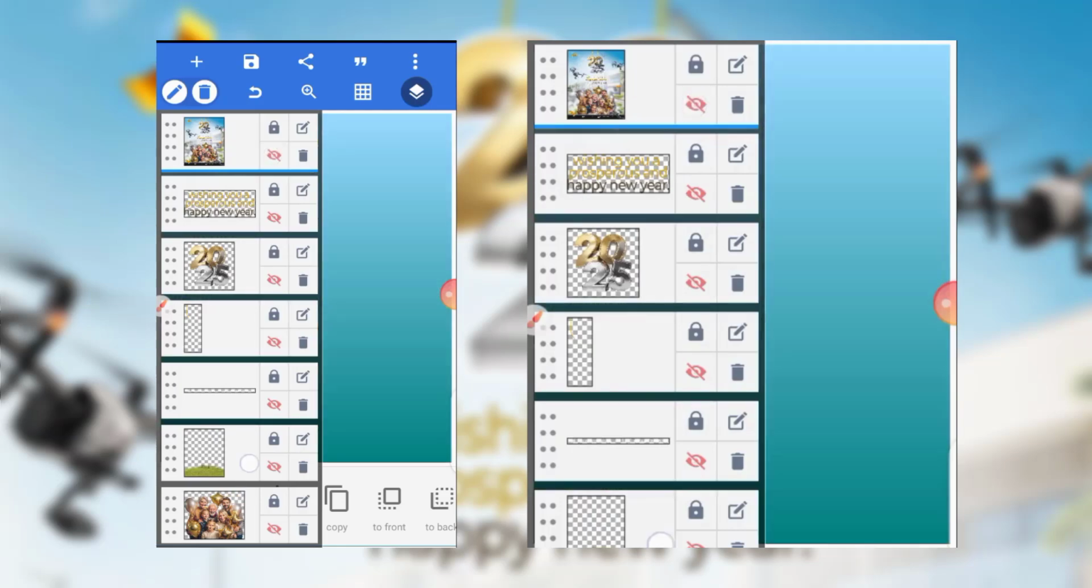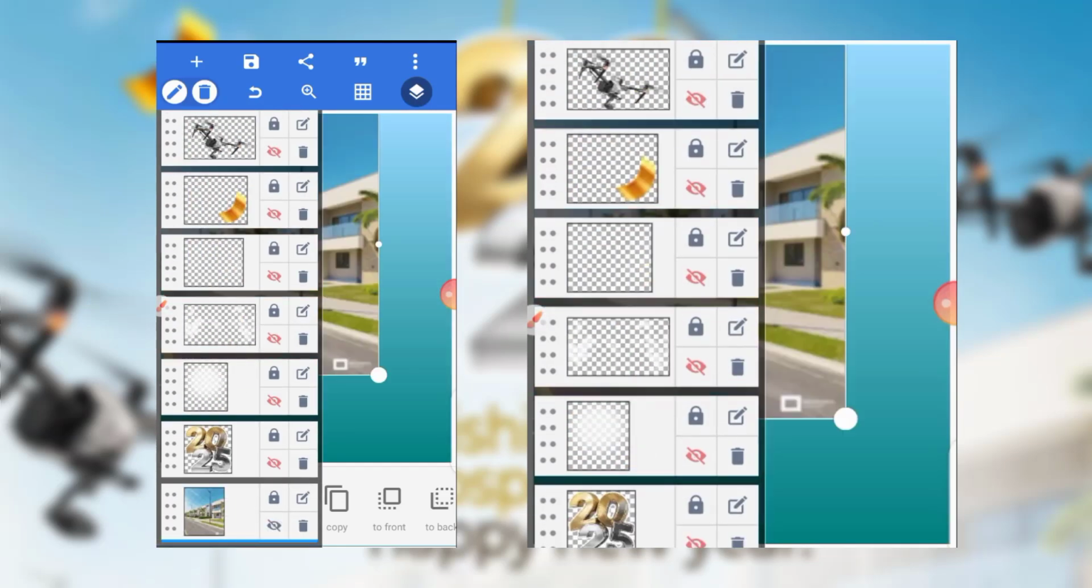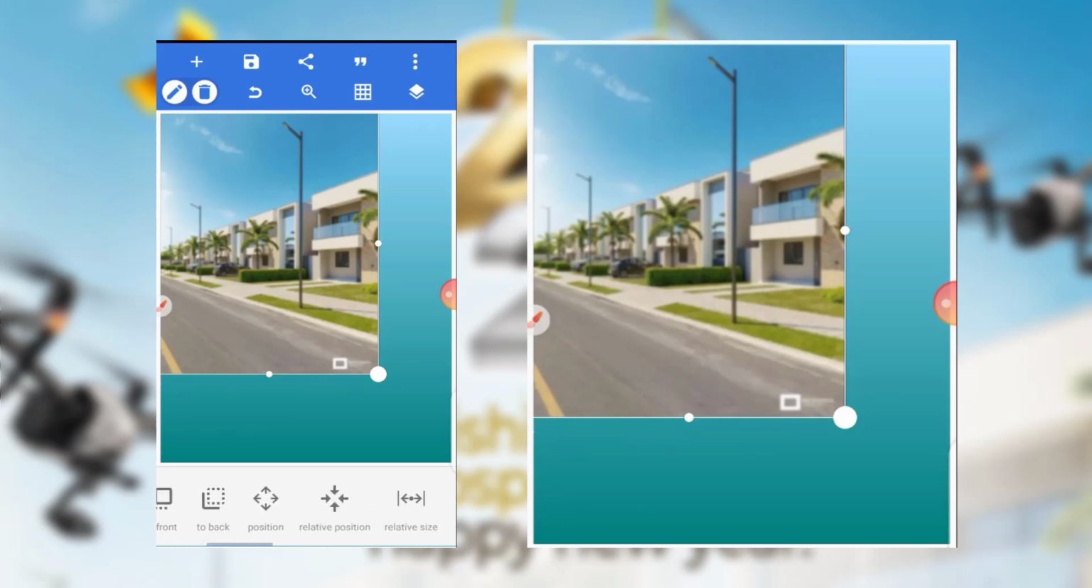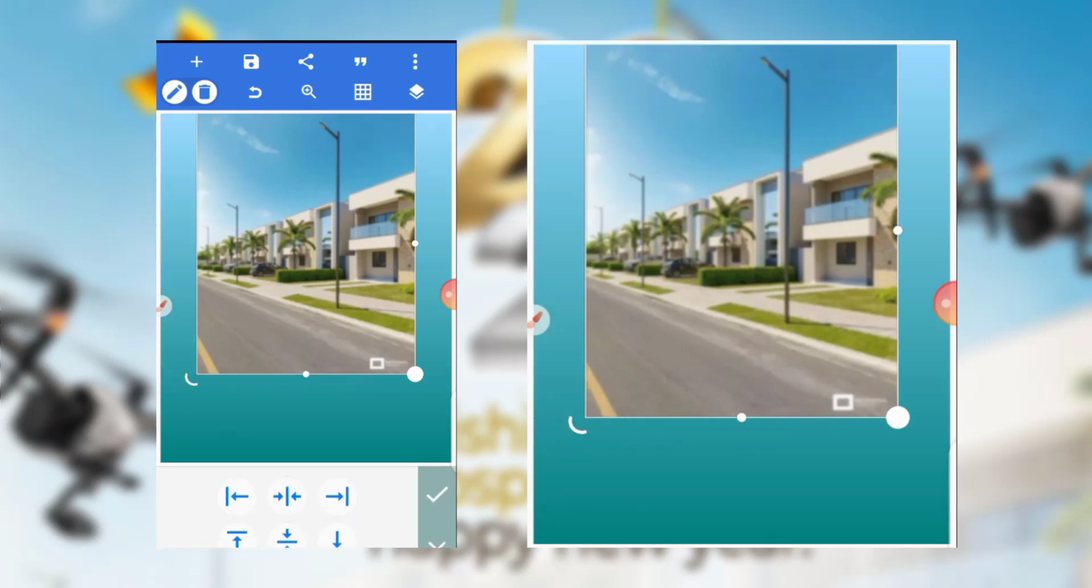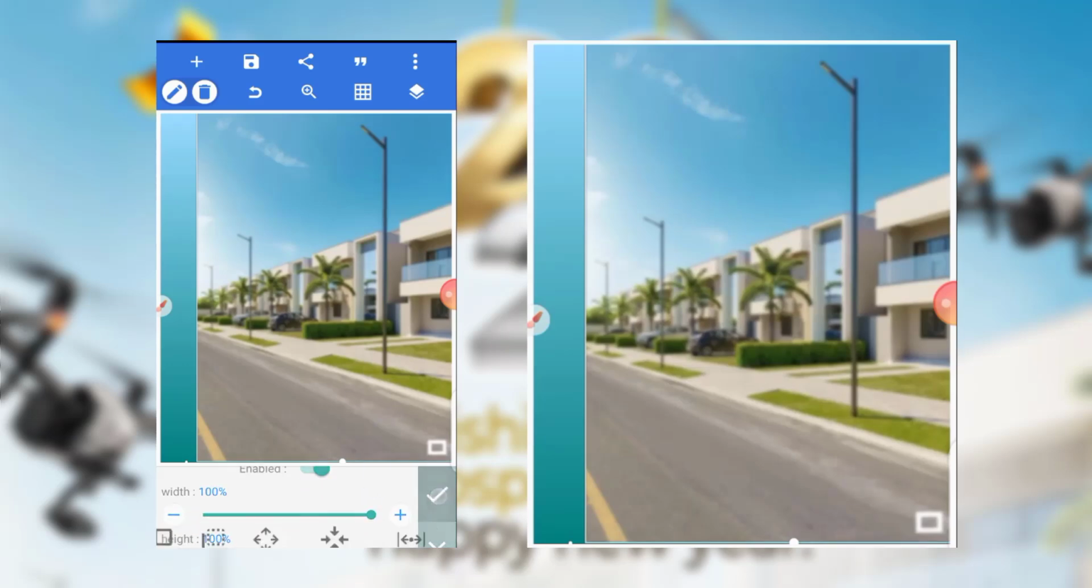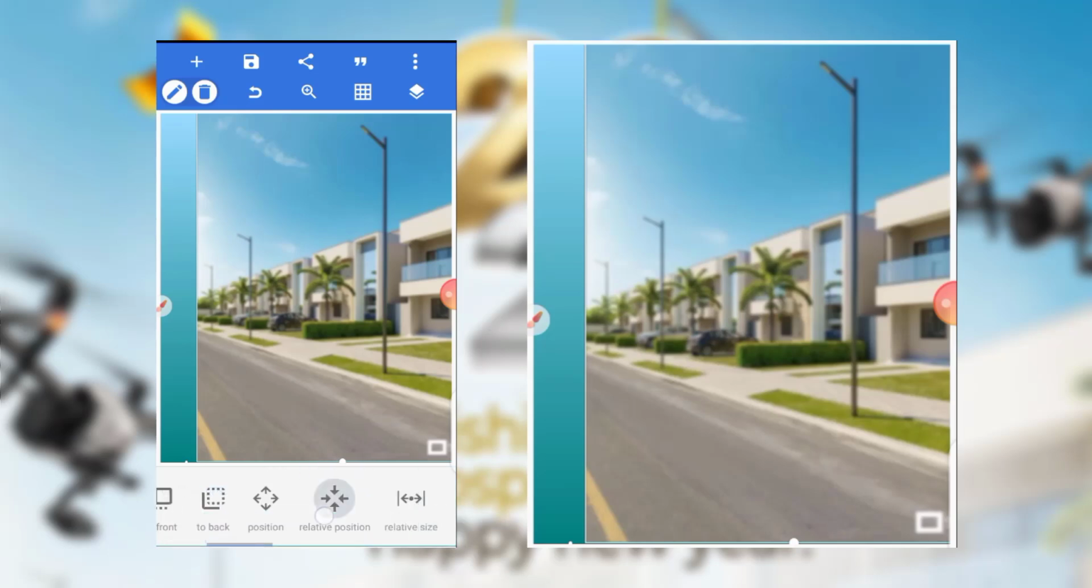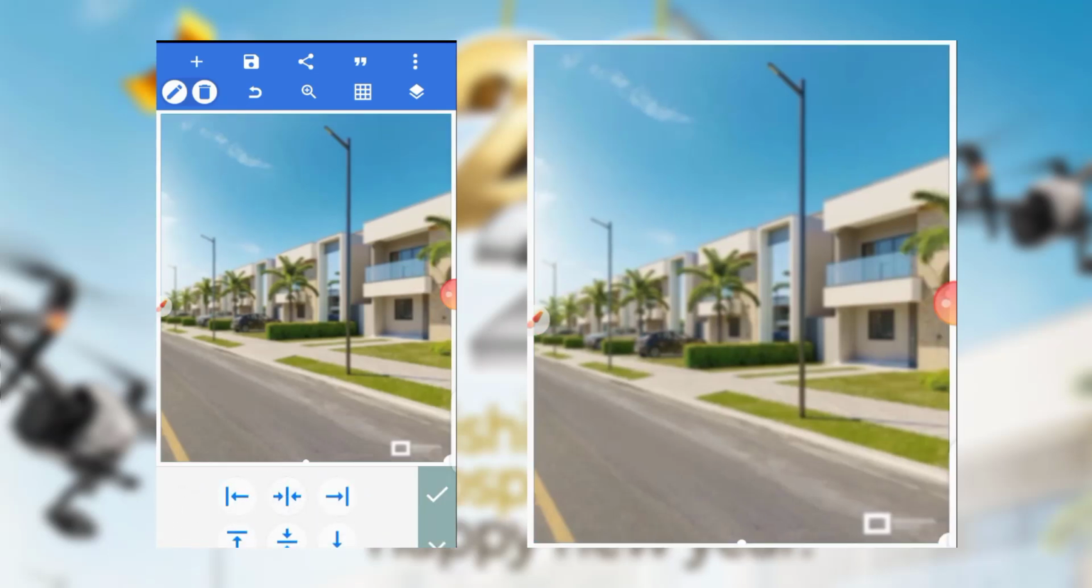So the first thing I'll be bringing is my background. You notice this background is blurred in such a way that it's not going to draw attention from people. So I'll just come to relative size, increase it, and make sure the width is 100 and the height is 100. By the way, I'm using the Instagram portrait size